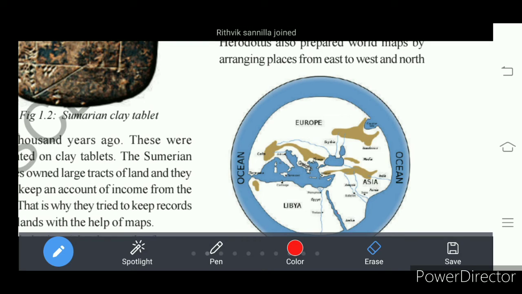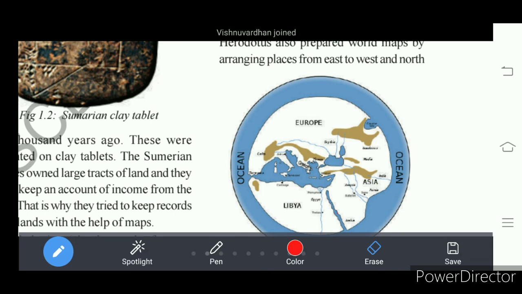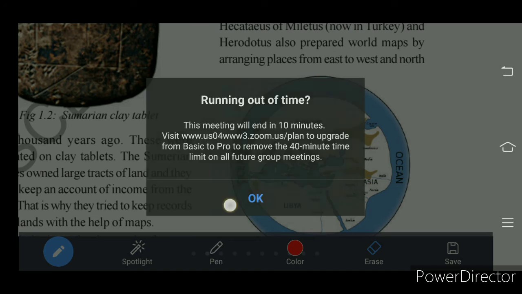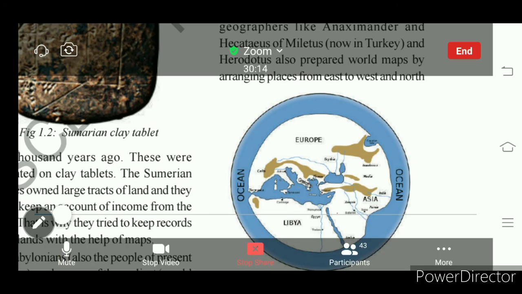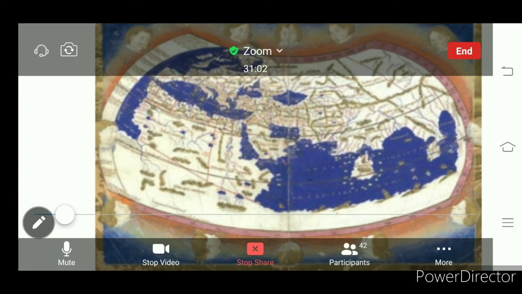But the thing is that they did not show the interior of the places. They moved on the ocean along the coast of the water places, so they knew the places which are there, but they did not know the interior of those places. Understand? We can see that on the map of Asia. I'll take you to the map of Asia now. This is the map of Asia.